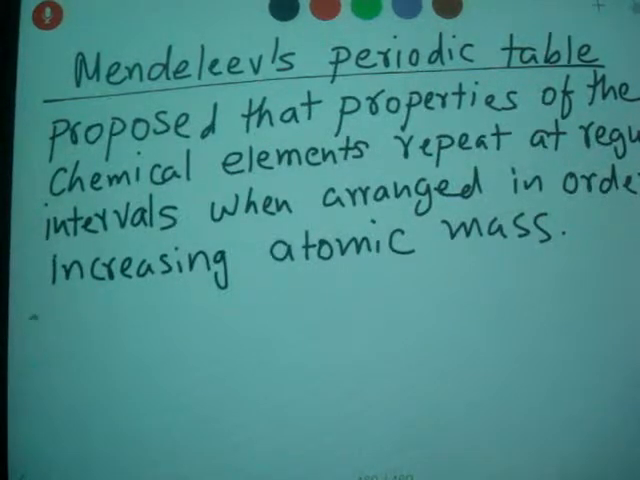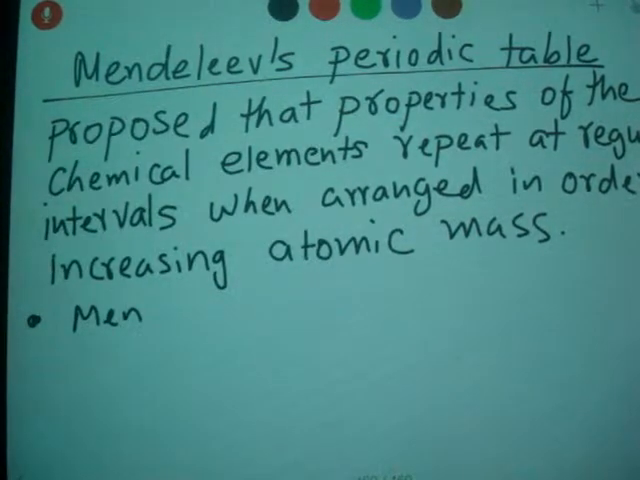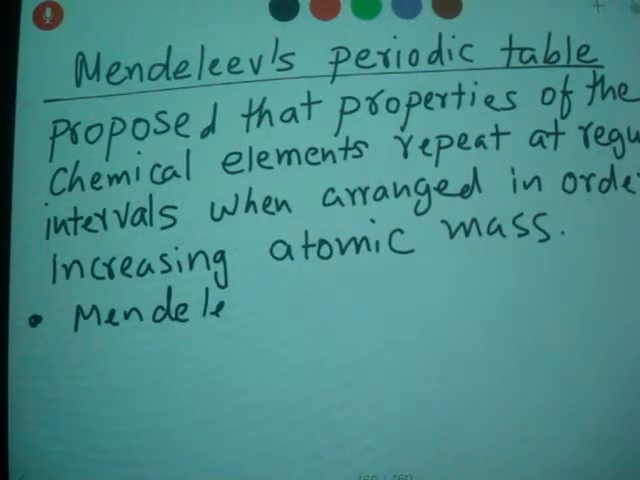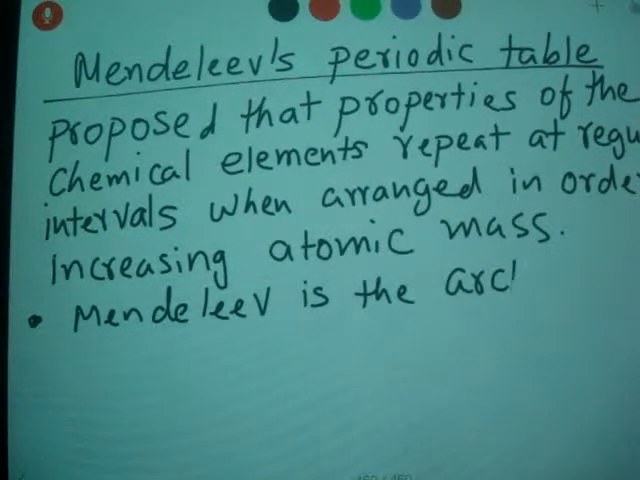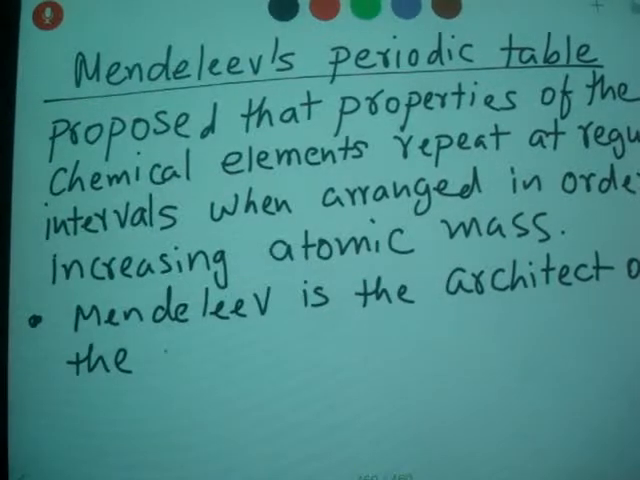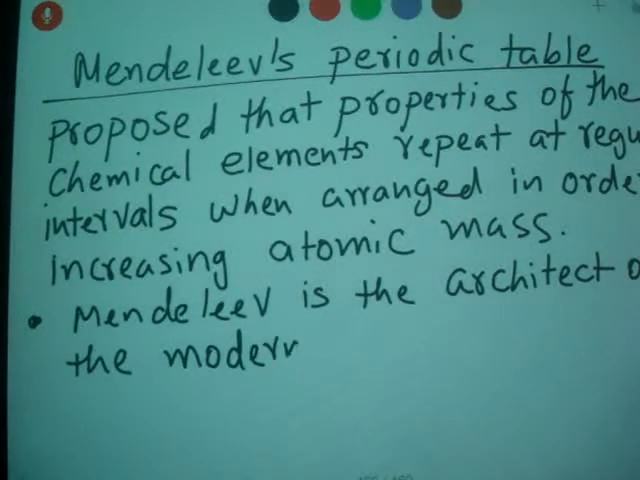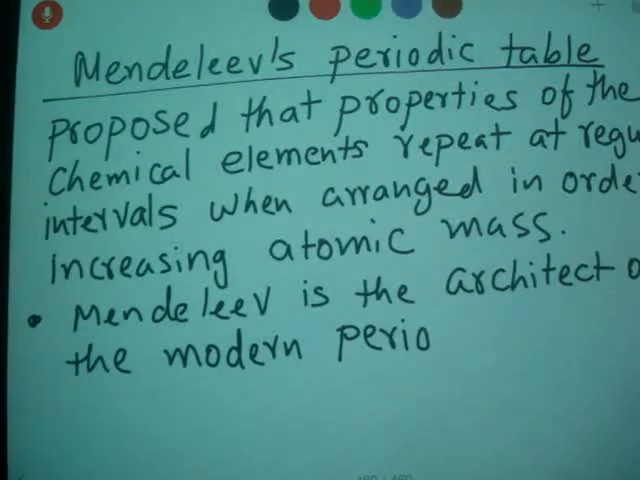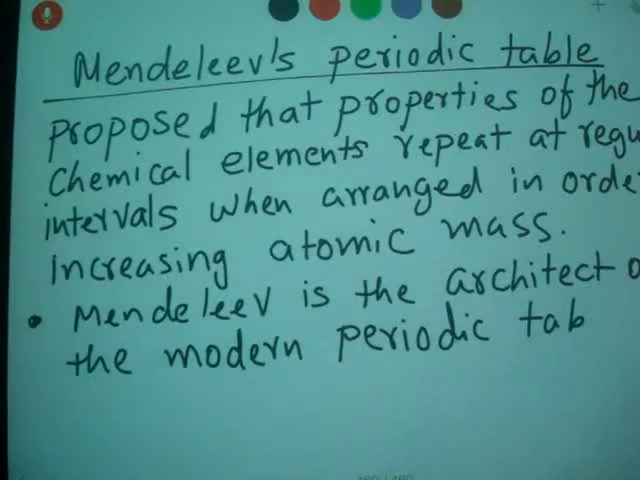And then Mendeleev is the architect of the modern periodic table. So he arranged the elements, basically the periodic table,